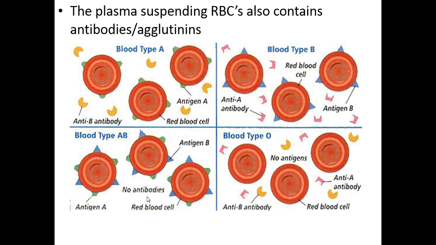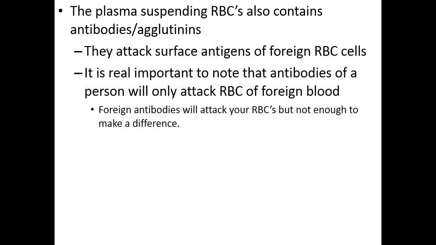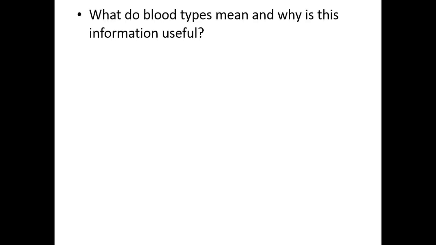It's a good situation to have. If you are blood type O, you have both antibodies. What this means is the presence or absence of antibodies is actually what is going to determine whether or not you can receive a specific type of blood during a blood transfusion. So,